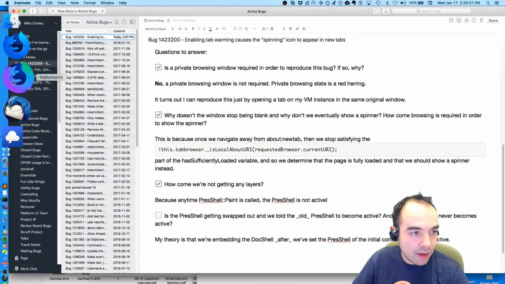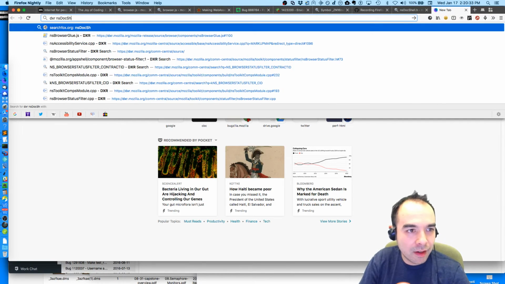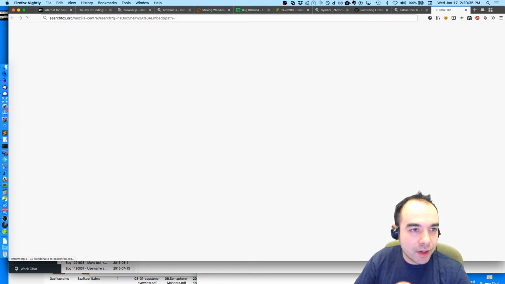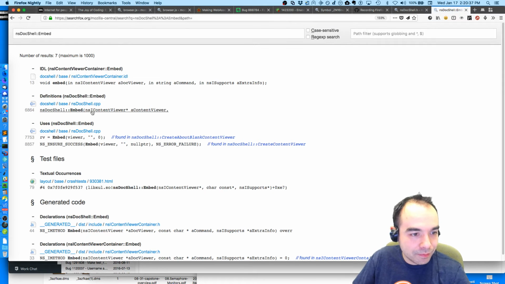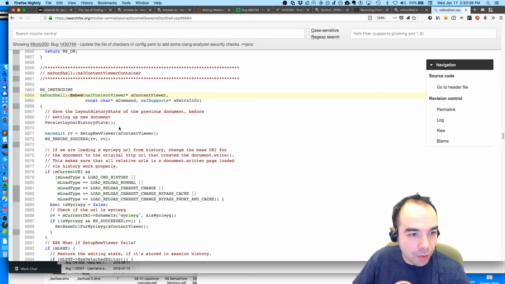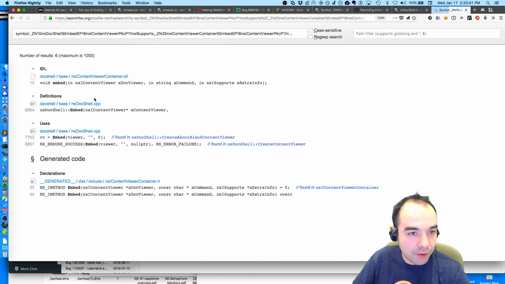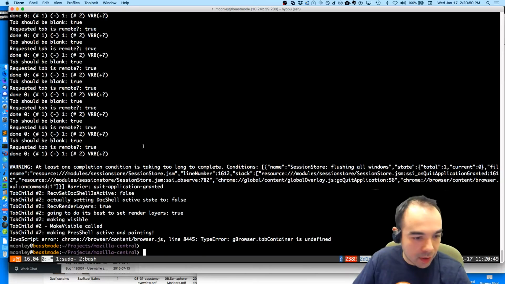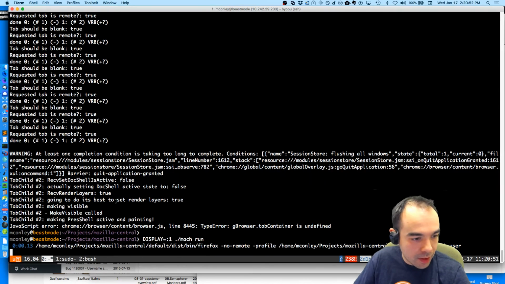So when does doc shell embed happen? When we create an about blank content viewer, or create a content viewer. So maybe that's what we should look at next, the embedding function.